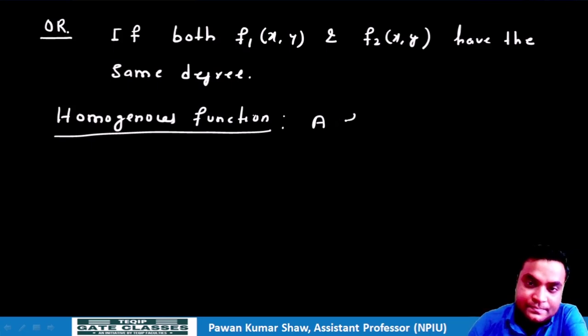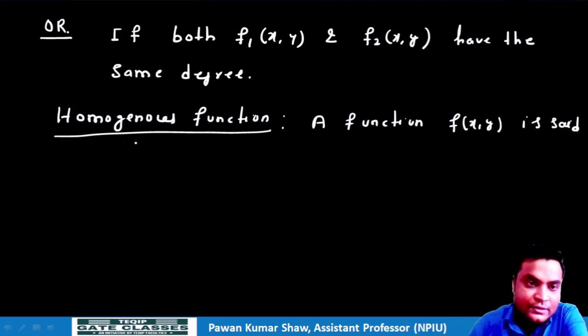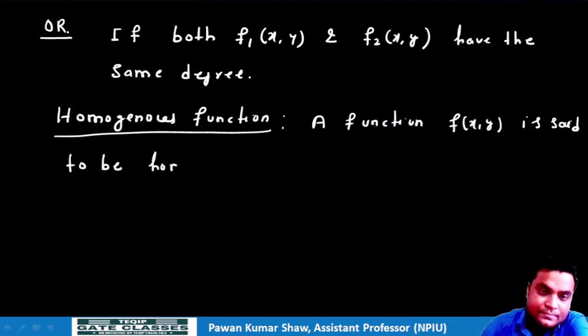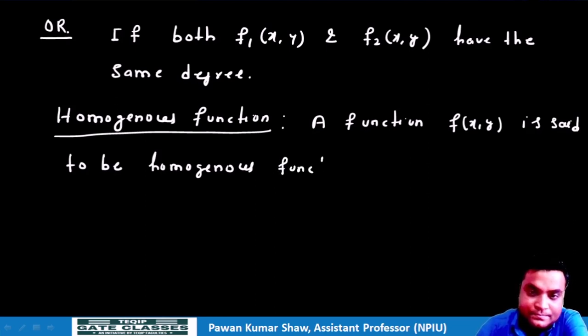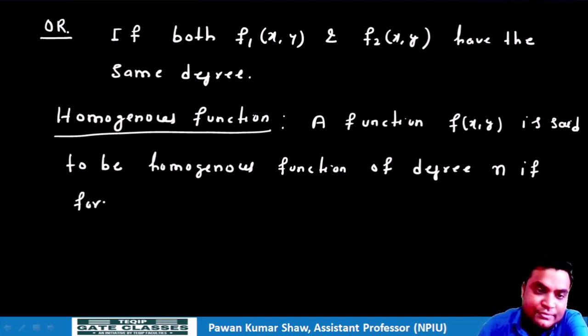So a function, suppose I am taking a function f of x,y, is said to be a homogeneous function of degree n if, suppose, for each lambda greater than 0,